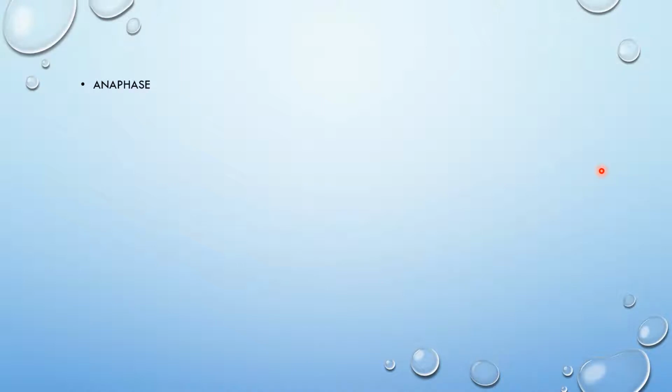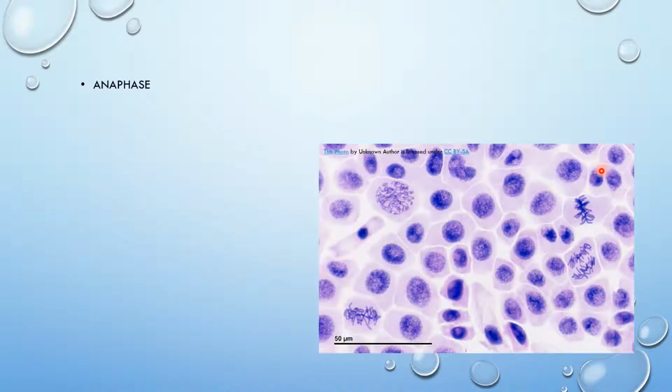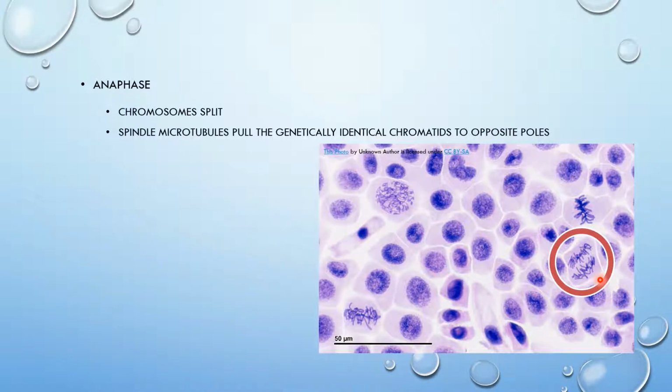now we're at anaphase after metaphase. So that cell right here is in anaphase. In anaphase, the chromosomes are pulled apart by spindle microtubules. So the chromosomes split. Spindle microtubules pull the genetically identical chromatids to opposite poles. Each pole has an identical set of chromosomes, and